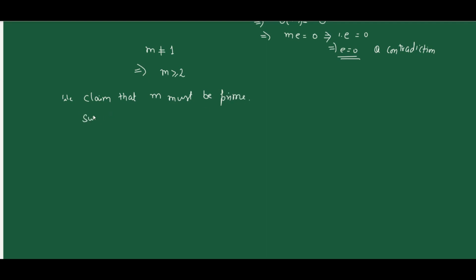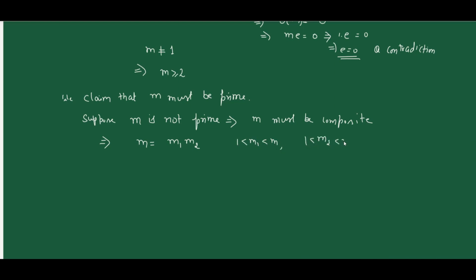Suppose m is not prime. This implies m must be composite, and this implies you can write m as a product of two non-trivial factors. So m can be written as m1 into m2, where 1 is less than m1 less than m, and 1 is less than m2 less than m. Since m is in the kernel, therefore theta of m is equal to